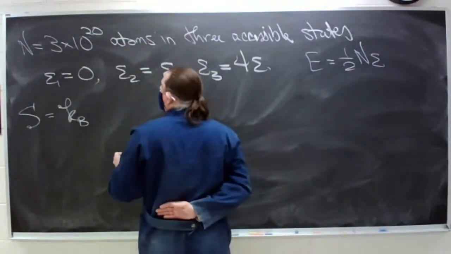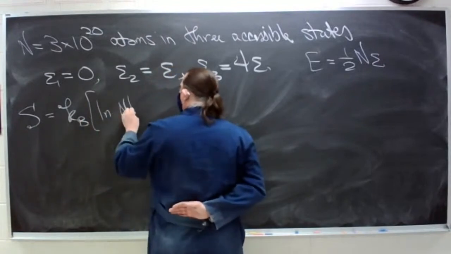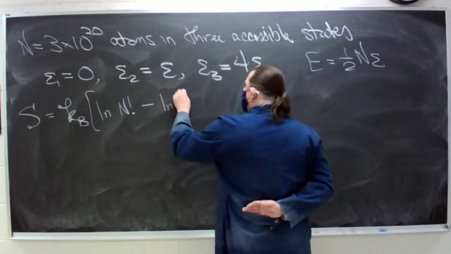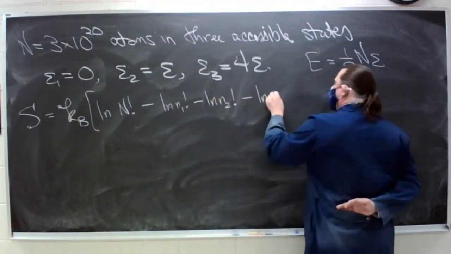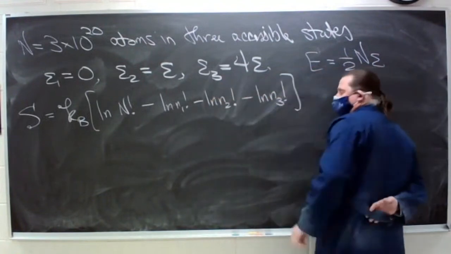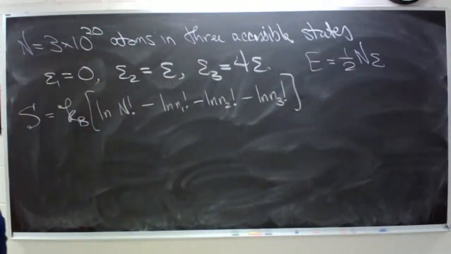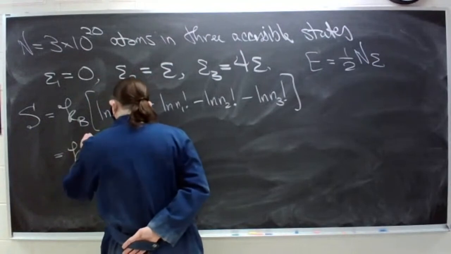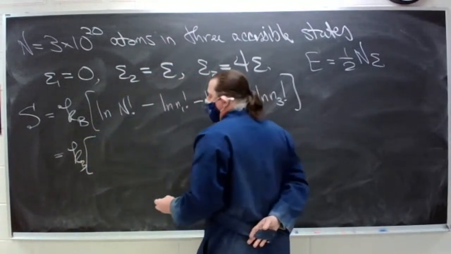k Boltzmann times log of capital N factorial minus log of N1 factorial, N2 factorial, and N3 factorial. Now, we'll be working with numbers that are large enough to justify unapologetic use of Stirling. So I'll have